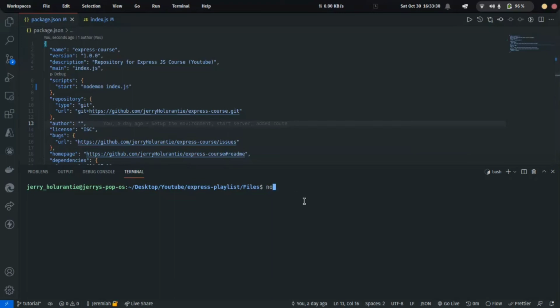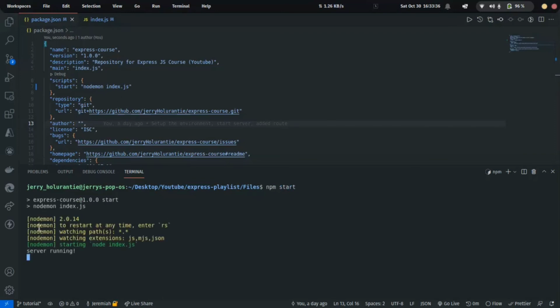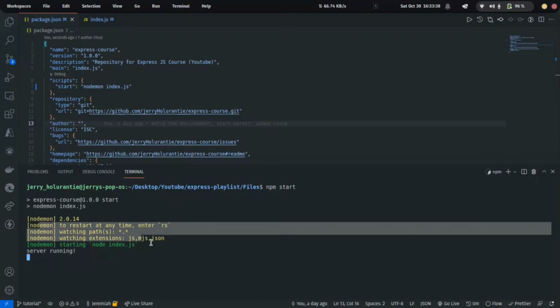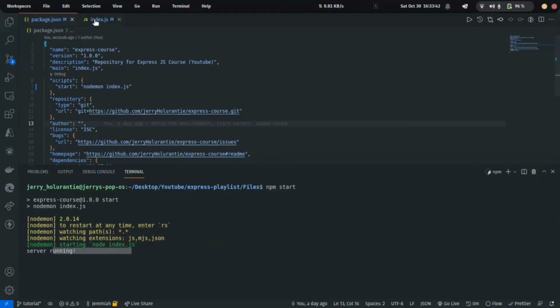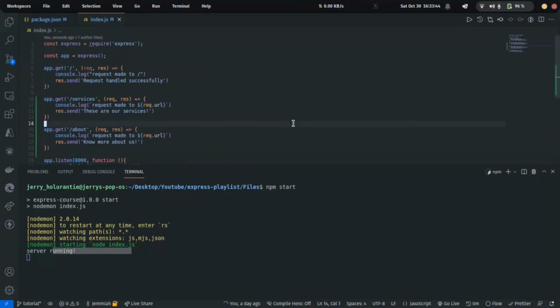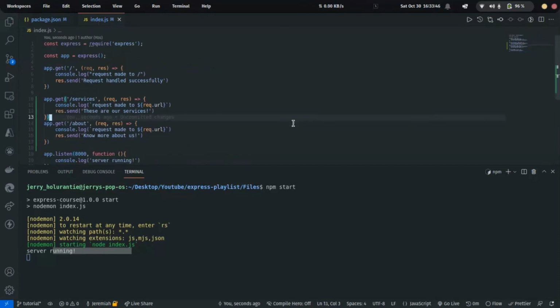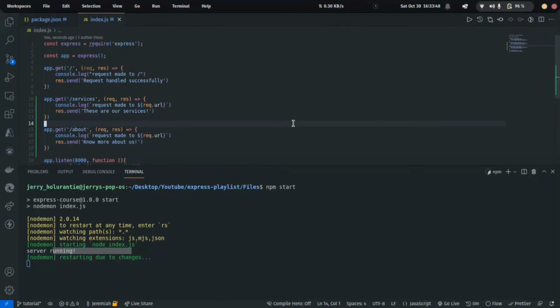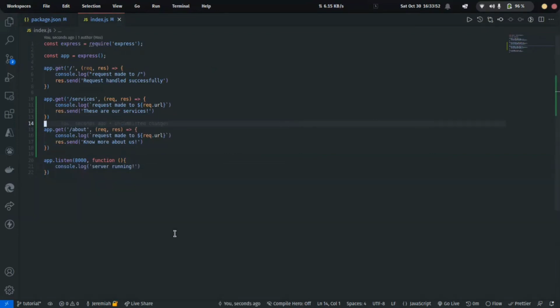So now if I run npm start, then I'm going to have nodemon, and as you can see here, watching extensions javascript json started. So if I go to my index file and let's say I just make a change like this, it's going to restart the server for me with no stress. All right, so with that being said, now let's look at what we call route matching